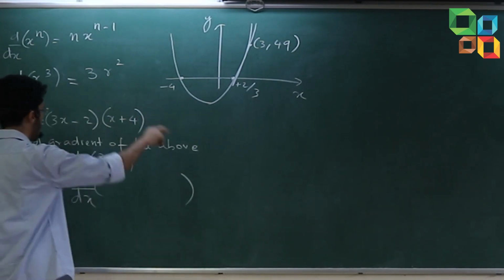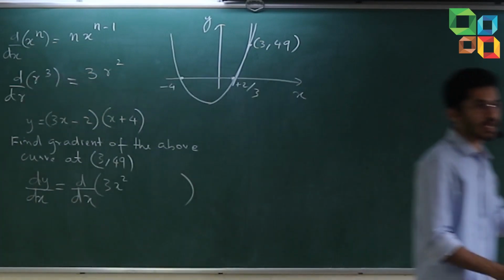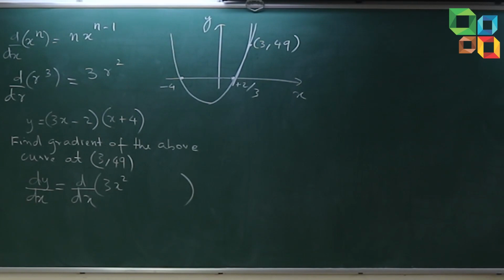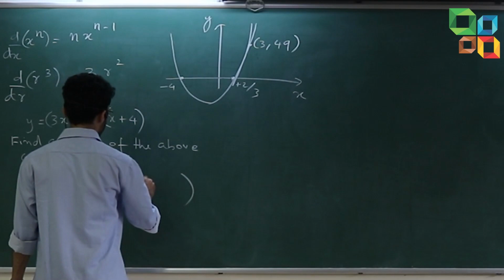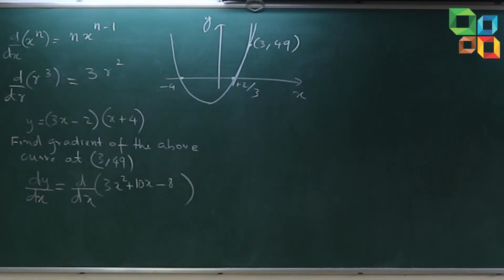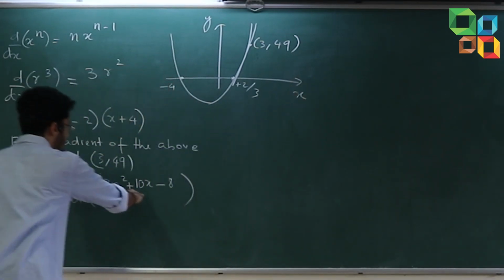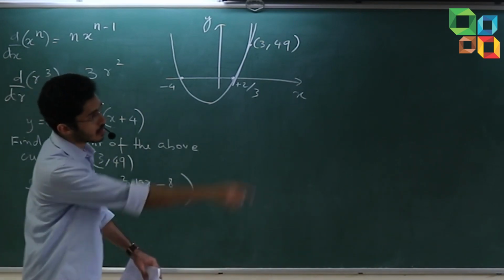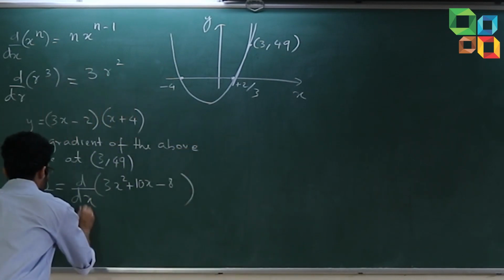So first thing, expand this. A constant can be written as x power 0. Derivative is 0. So you get 3x square plus 10x minus 8. Correct? Now we have to differentiate. We use those rules. First, using the sum rule, you can separate each term out. That is rule number 3 that I have written here. See, line 3. This can be written as